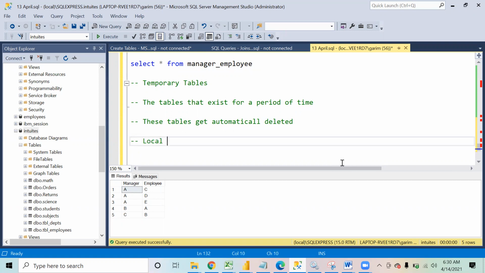Basically we have two types of temporary tables: the local temp table and the global temp table. These are the two types of temporary tables that we have.